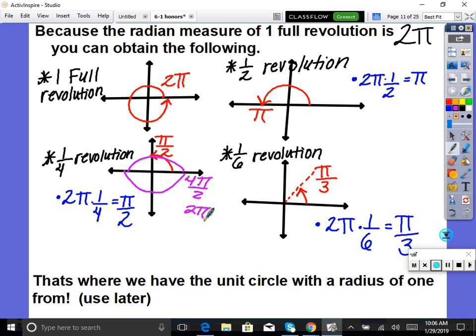Yeah, so we can cut it up however we want. Right here I've cut it up into a 6. So here's 1 pi thirds, then 2 pi thirds. Where would 3 pi thirds fall? Right there, 3 pi thirds. Don't we know that's pi? So then wouldn't 4 pi thirds be down here? Do you guys see how that kind of works? Okay, awesome. All right, so we'll get into the unit circle more later, but I just wanted to show you